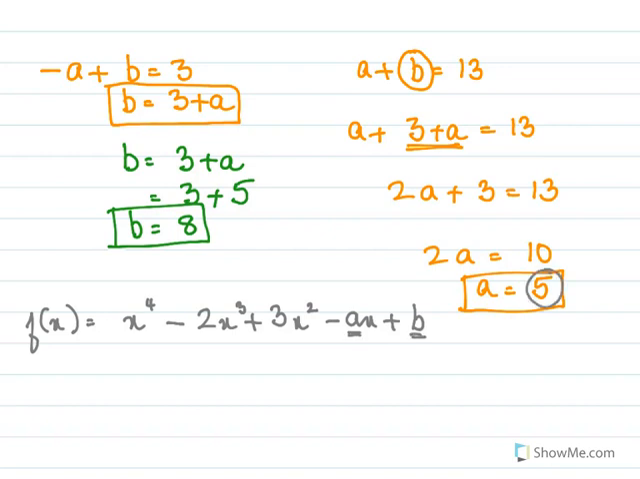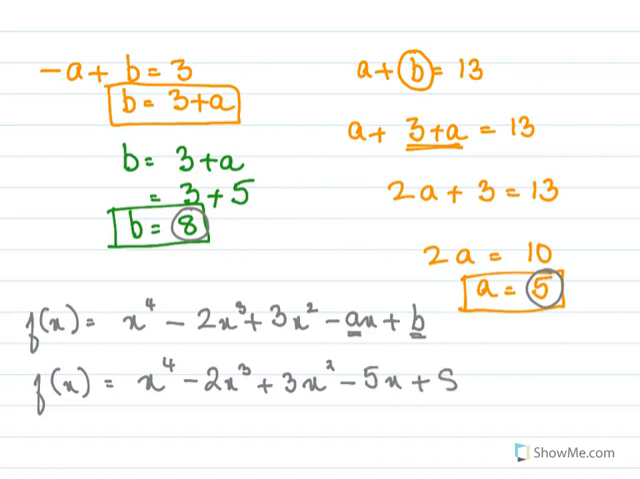A I found as 5 and b I found as 8. So now my polynomial becomes x^4 minus 2x cube plus 3x square minus 5x plus 8. A is 5, so 5x, b is 8. So this is my polynomial. Now for the second part of the sum, we had to find the remainder